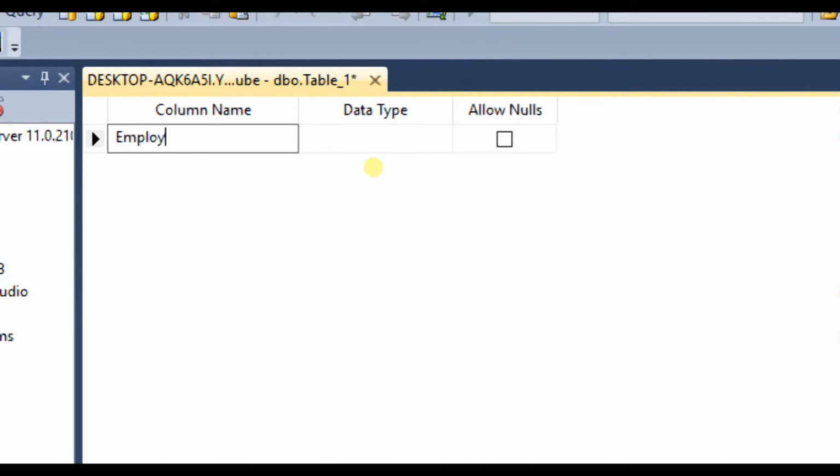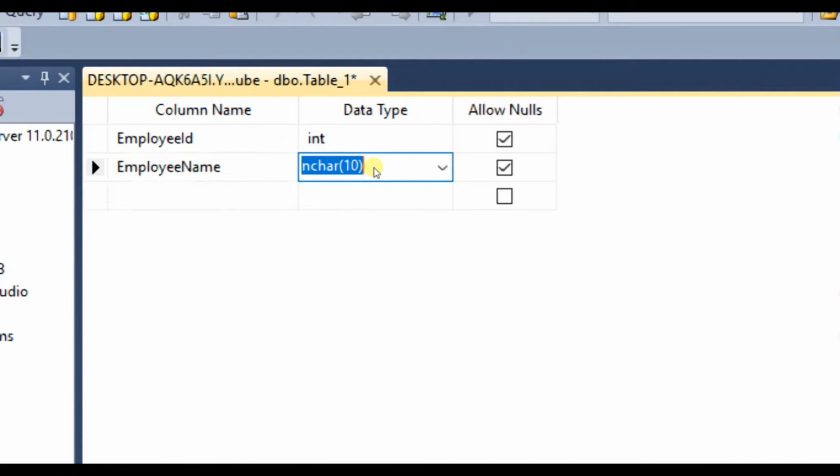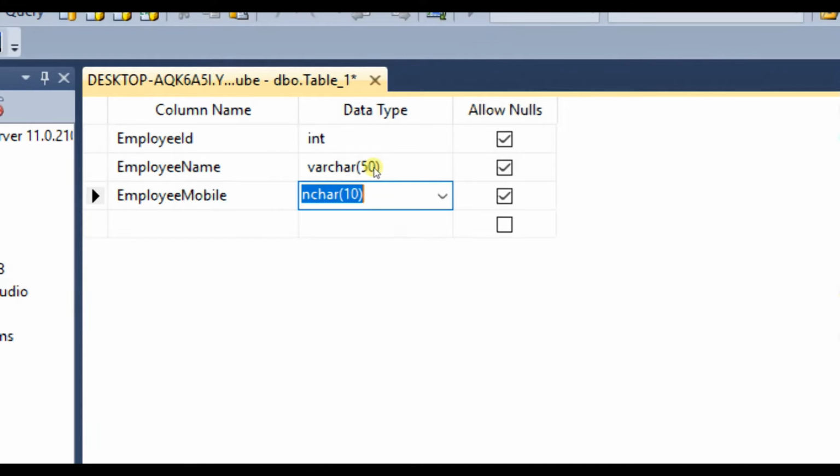Let's give employee ID, keep it integer, then employee name, varchar, employee mobile, let's keep it bigint because we need to get the mobile number whole. Then employee